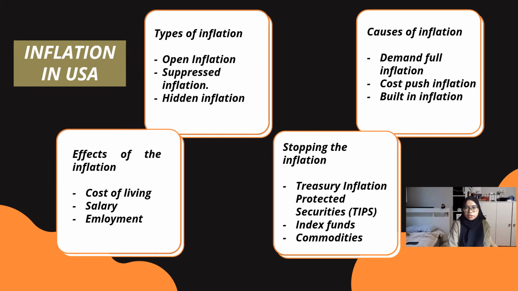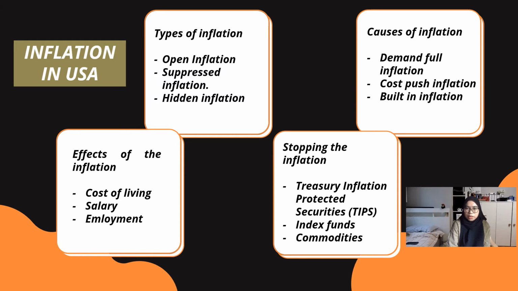There are types of inflation. The first one is open inflation, a scenario in which the cost of consumers' products continues to rise. Instead of a loss in the value of money, open inflation could indicate a true increase in the worth of consumer goods. An example of open inflation is when food and gas prices rise while home, automotive, and art prices remain stable or fall.